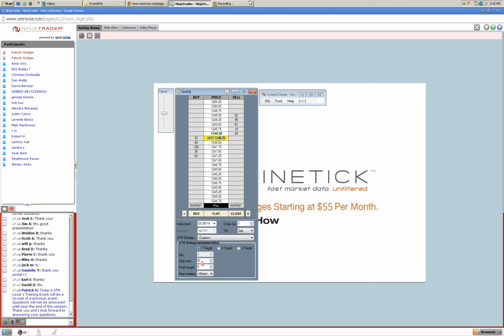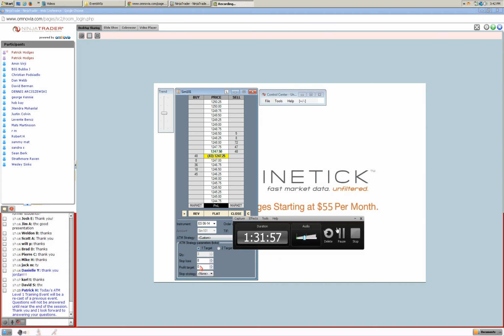And then listed down here, we'll go to our next parameter, which is our stop loss. Now the reason I set our quantity to 3 will get more apparent as we begin to develop multiple targets with our ATM strategies. Now going back to that stop loss, as we mentioned, the ticks, this is going to be the number of ticks away from your average entry price. So if I enter here at 12.48 even long, then 8 ticks below that, if I set this to 8 ticks here, 8 ticks below 12.48 would be 12.46 even. Listed below that is our profit target. Profit targets can